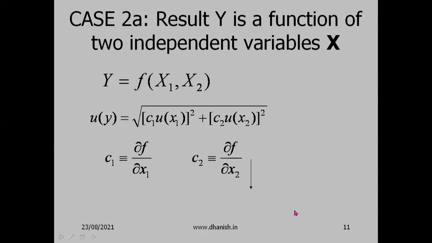So now we have to use partial derivatives also. I think you would have studied it in your calculus course, all this. But only now the terminology is different. There they might have told this is error of x, etc. So instead now it is standard uncertainty of x1, standard uncertainty of x2, sensitivity of y to x1, sensitivity of y to x2.